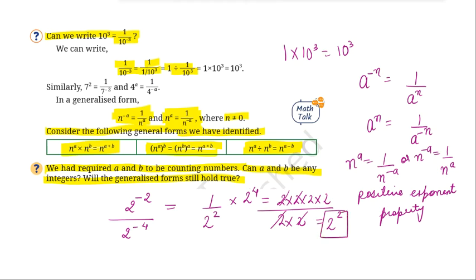Now you check. If I were to solve this normally, so you have 2 to the power of minus 2, and since the bases are the same, what do you do with the exponents when they are in division? We subtract them. So here what would I subtract? Negative 4, right? So it would become 2 to the power of minus 2, and negative will turn out to be positive 4. So finally you get the answer as 2 to the power of 2.